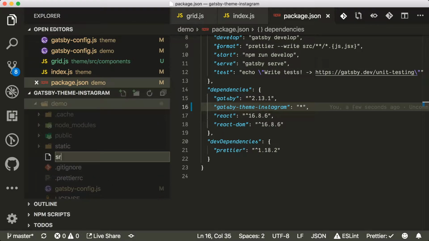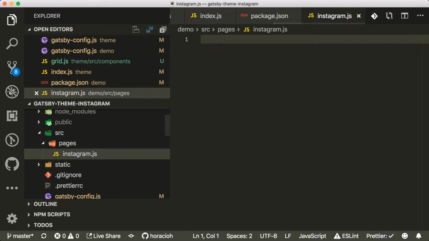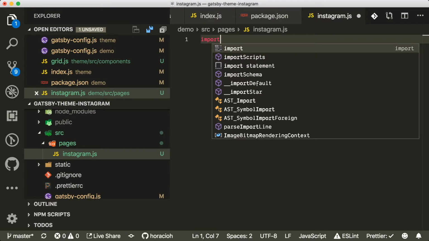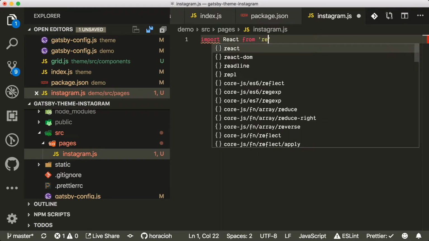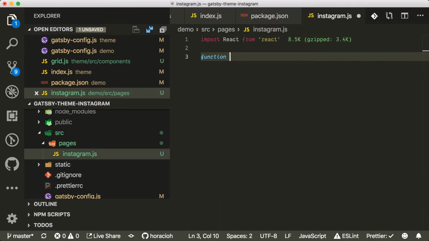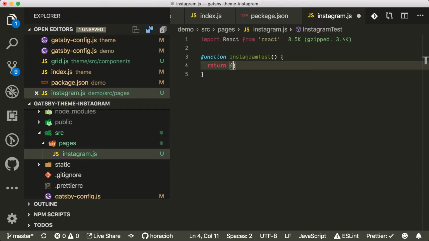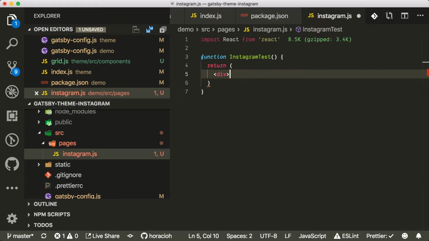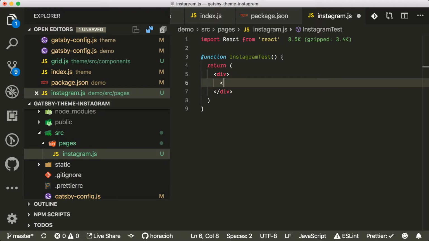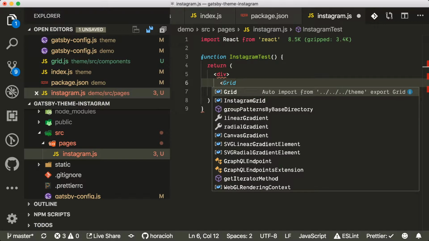So source pages instagram.js. Import, let's see what happens. Import React from React, function, this is Instagram test. No, of course I cannot do that. And here, I'm just gonna render, return a div with my grid. The grid is coming from